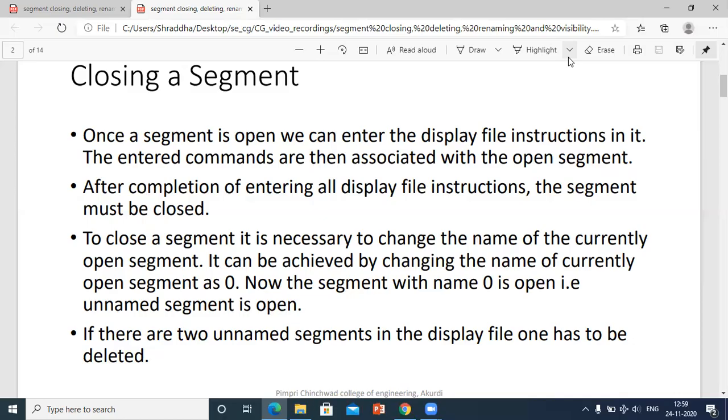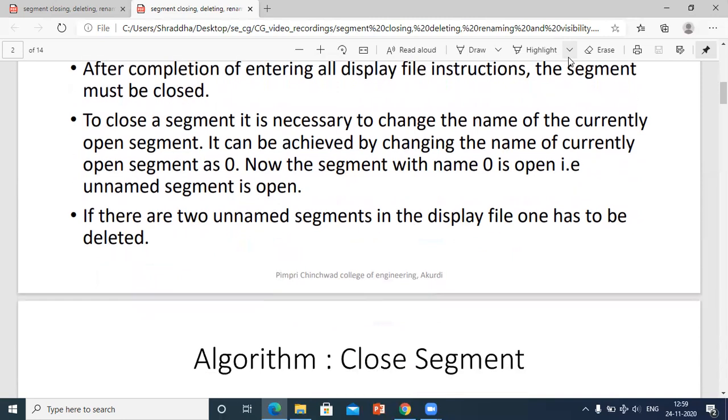Suppose there are cases where at times there might be two unnamed segments already present in the display file. So it is necessary that you delete one segment.